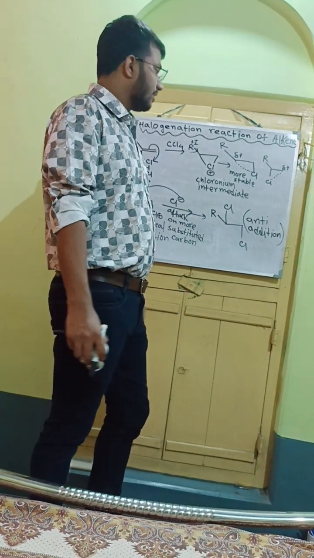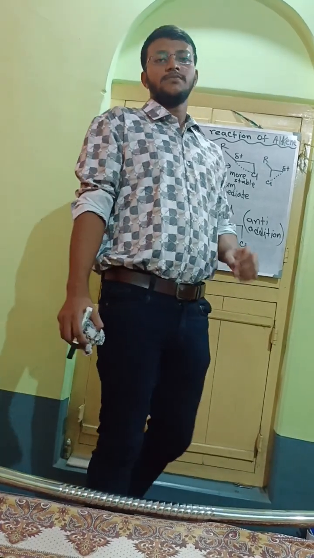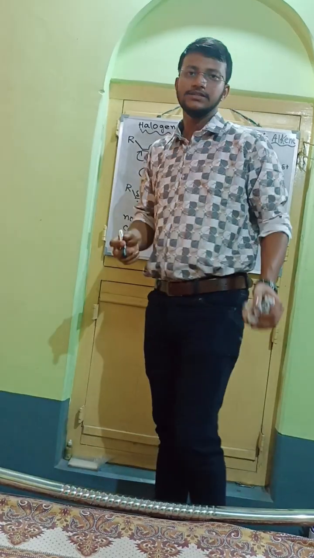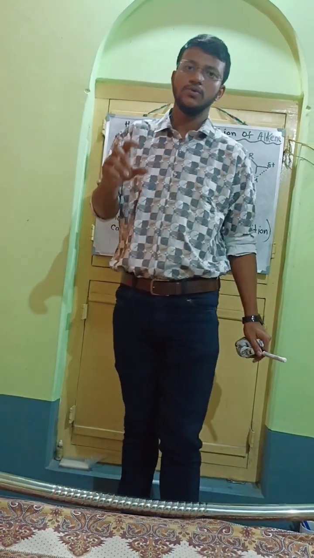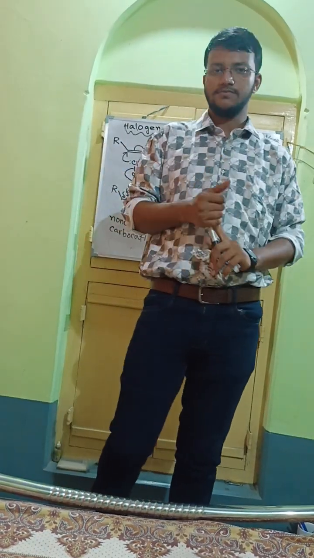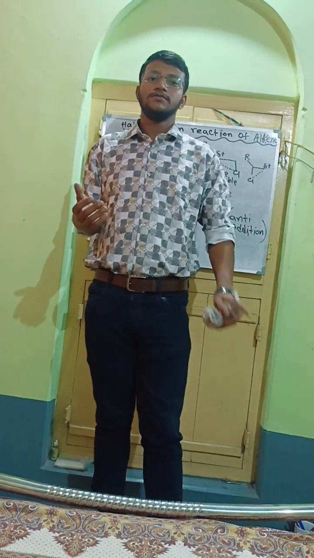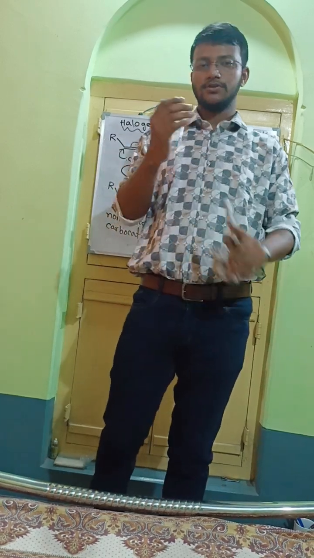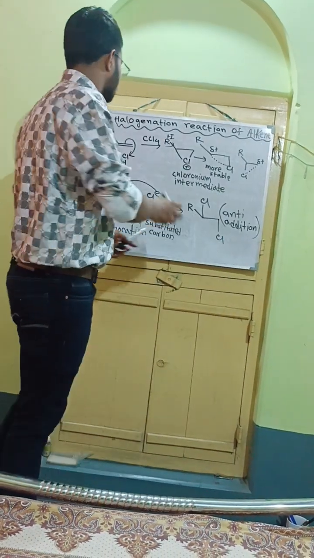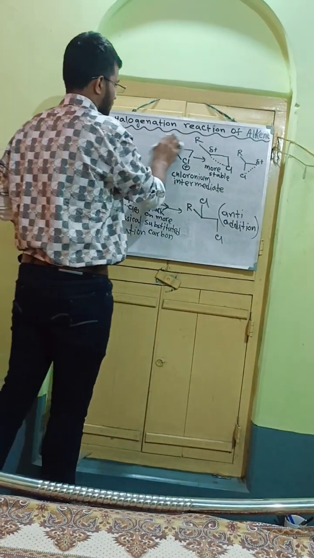Clear? Now if we look into the various types of alkene, that is cis alkene and trans alkene, some questions come up: from cis alkene which type of products will be there, that is DL pair or meso compound. Clear? And for trans alkene which type of product will be there, that is meso compound or DL pair. Clear? So we will discuss the questions,